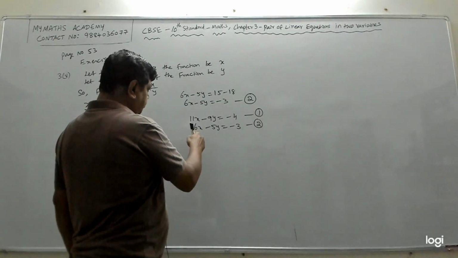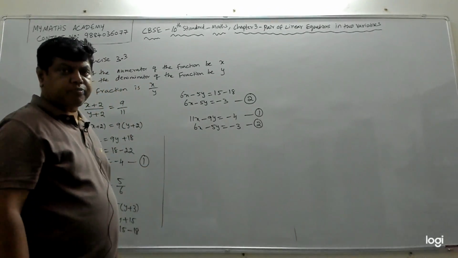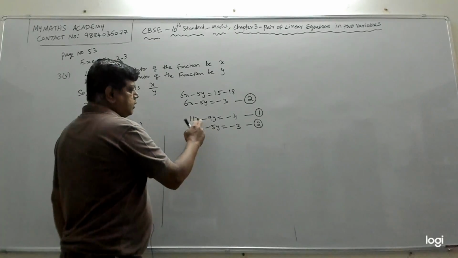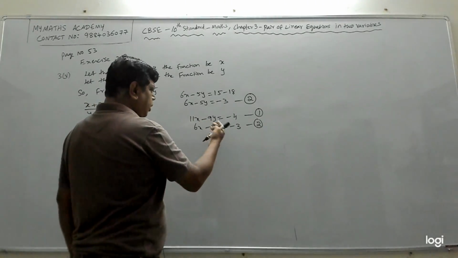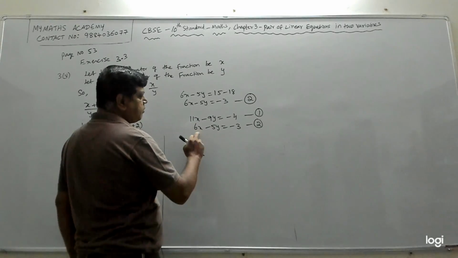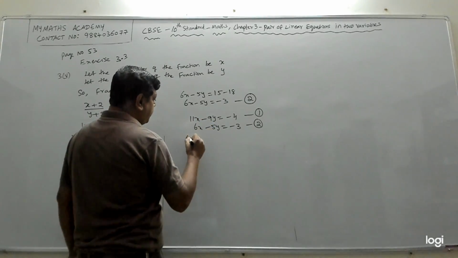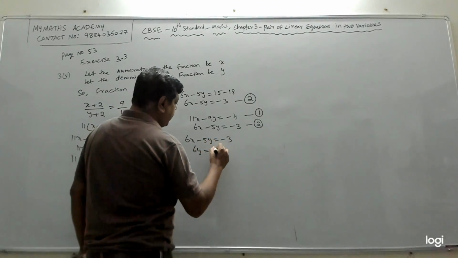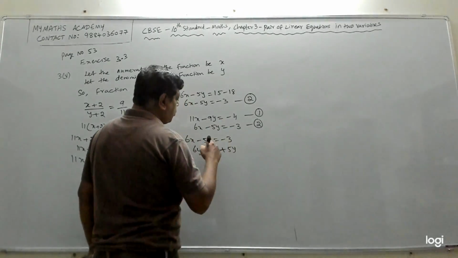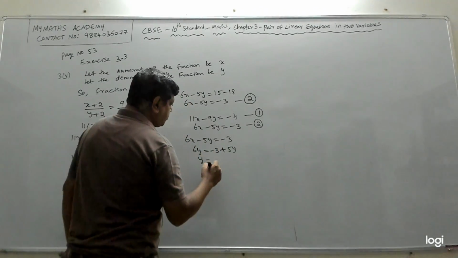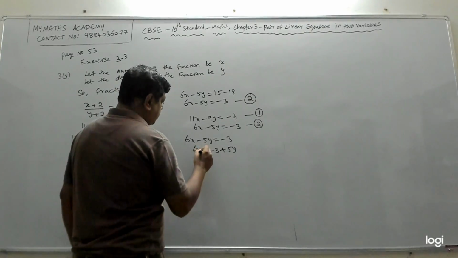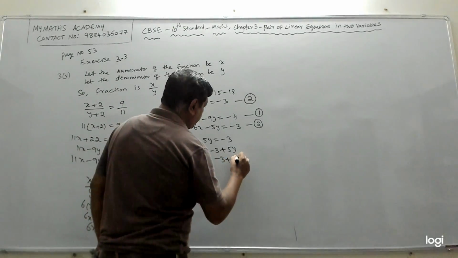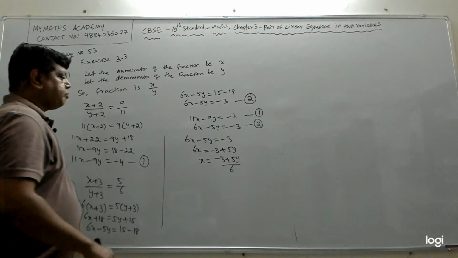So we'll take any one. We check for anything which has coefficient of x as 1 or coefficient of y as 1. Nothing is having 1 here. Here it is 11, 9, 6, 5. So we can take any one. I'll take the second one because the numbers are small, 6 and 5 compared to 11 and 9. So take the second equation, 6x minus 5y equal to minus 3. If minus 5y goes this side, it will become plus 5y. So 6x equal to minus 3 plus 5y. So we get x is equal to minus 3 plus 5y by 6. So that is my x.